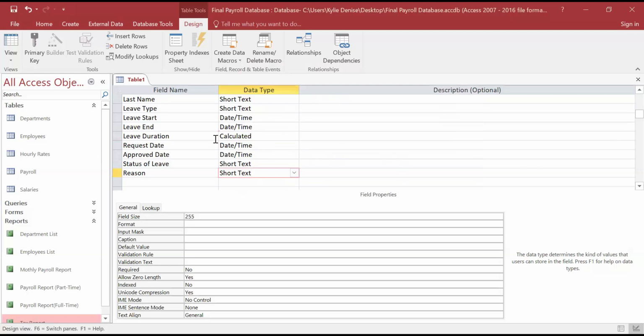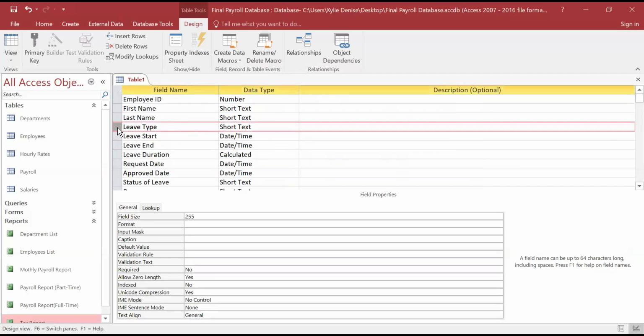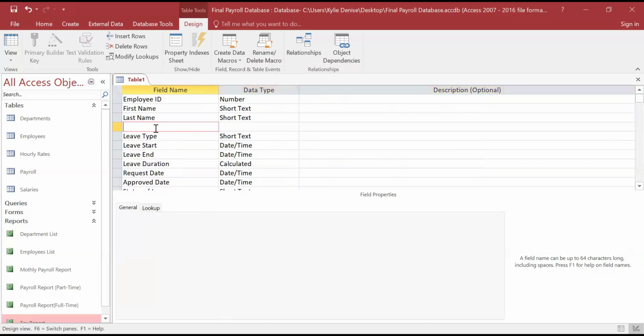This is only the form, right? Yes. Shall we also add leave ID? Yeah, for each leave there should be an ID. And the data type should be integer, so it will be auto number.